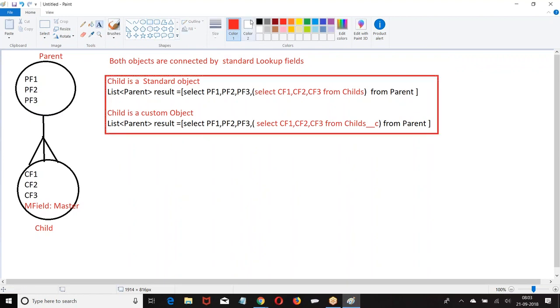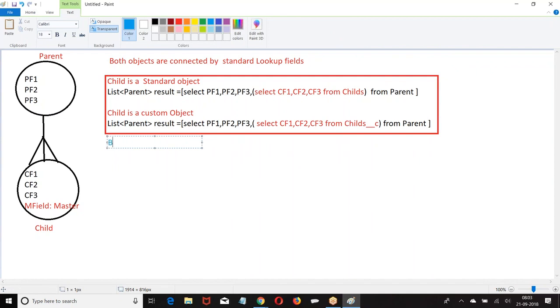Suppose the relation is created by the user. Both objects are connected by a custom lookup, if you have created the field.